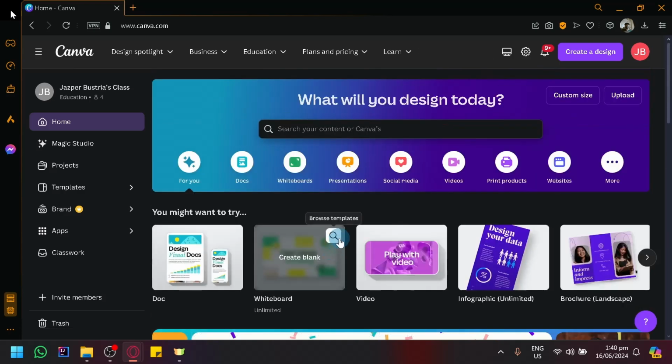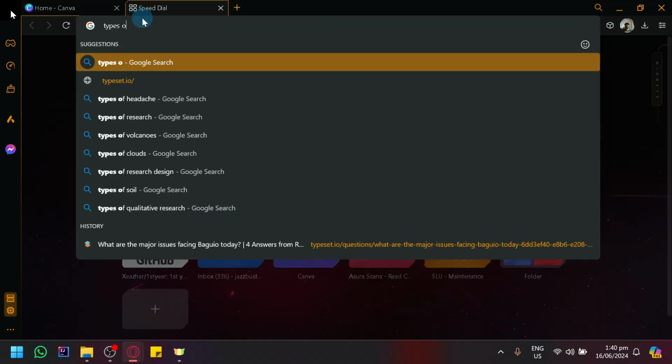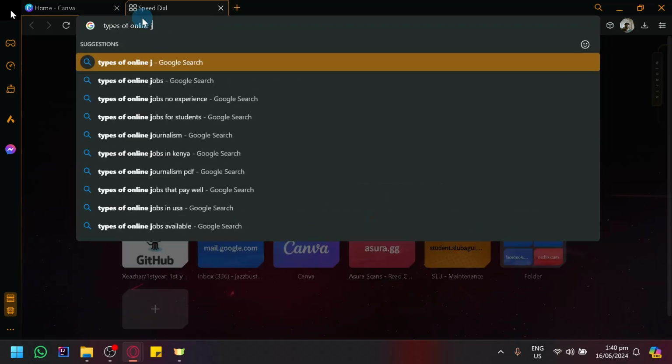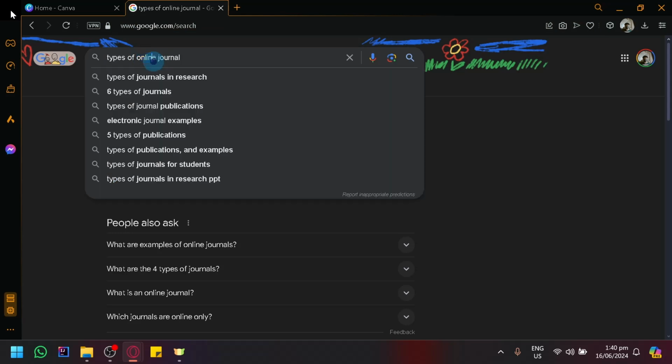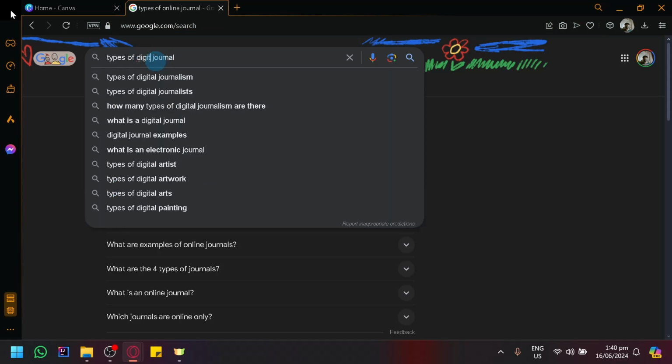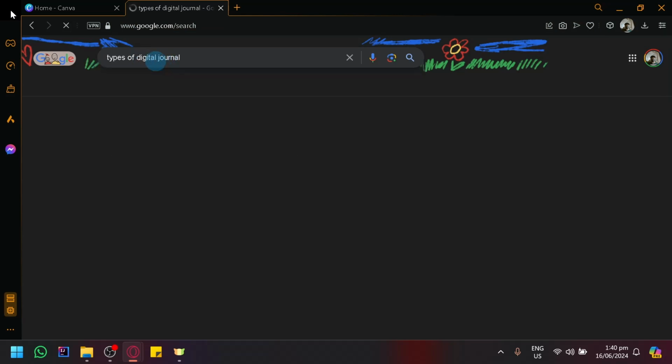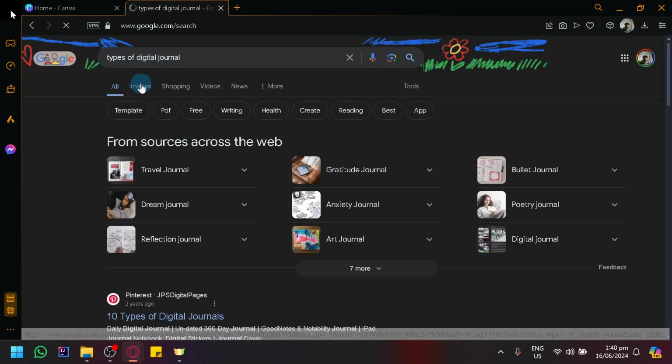out of them. So to get started, you have to specify what type of journal you want to create. There are multiple types of journals. If you search in Google, types of online journal. Now, if you ask why am I adding online, because of course online is like digital. So since it is going to be made with Canva and being sold on Amazon, it's going to be a